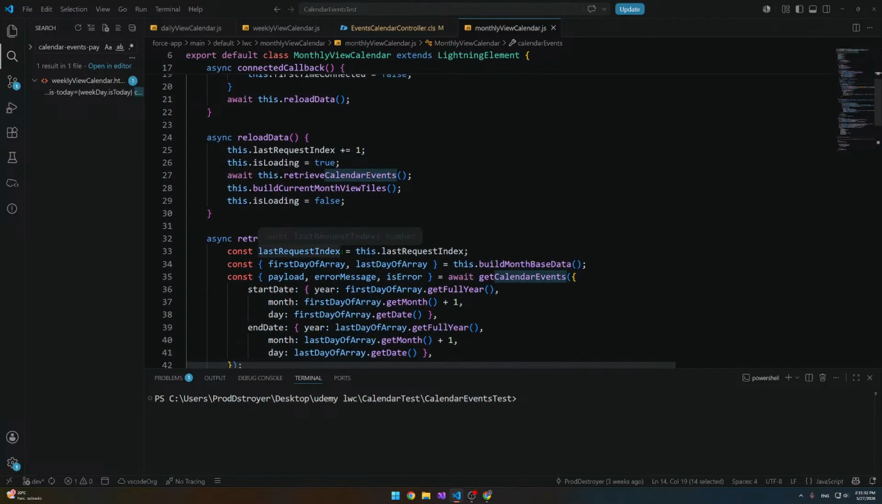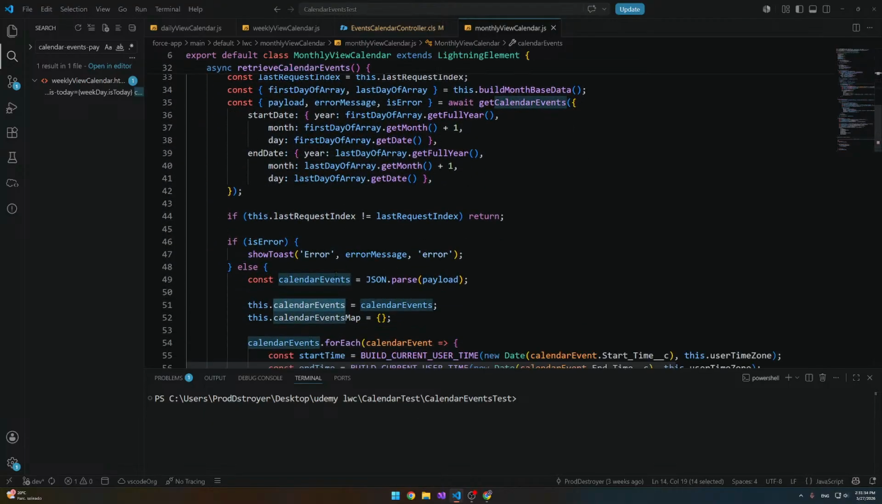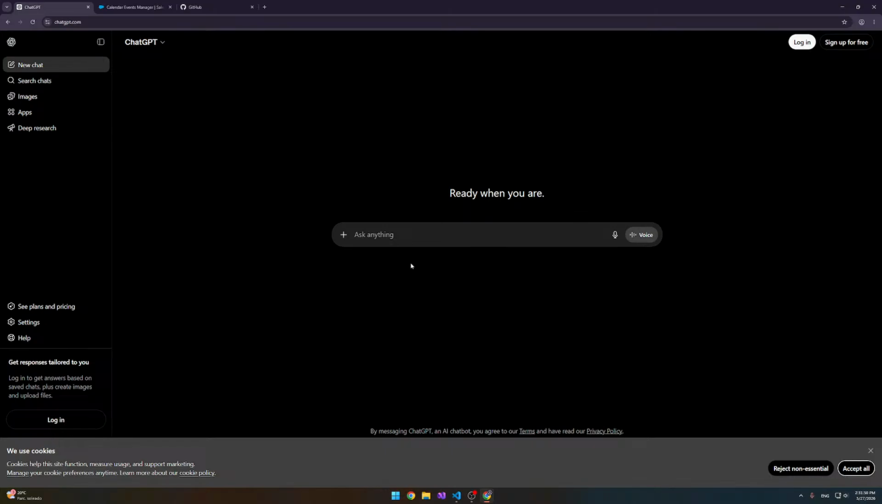So we should have a copy of that. I don't know. The calendar events is going to be JSON parse. In fact, you can just use the JSON parse. If I do JSON parse in JS of an object